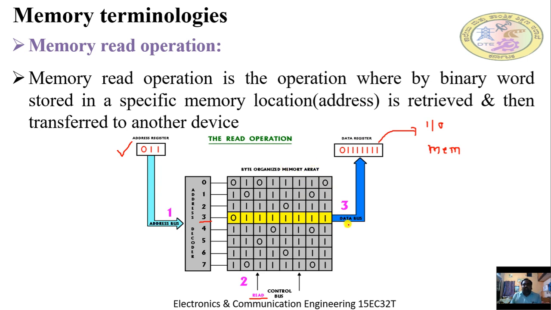The function of the data bus is to carry the data information. The bus is nothing but a line which runs between the CPU and the peripherals like memory and IO device. The address bus carries the address information, the control bus carries the control signal information, and the data bus carries the data information. All together can be referred to as the system bus. So this is the system bus used in the memory read operation.